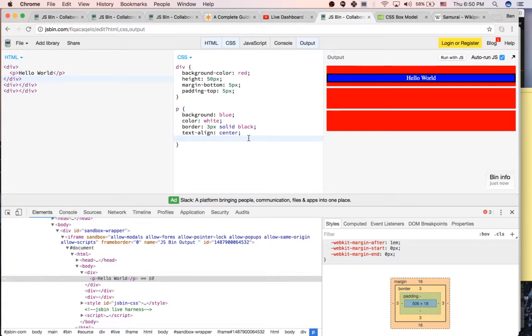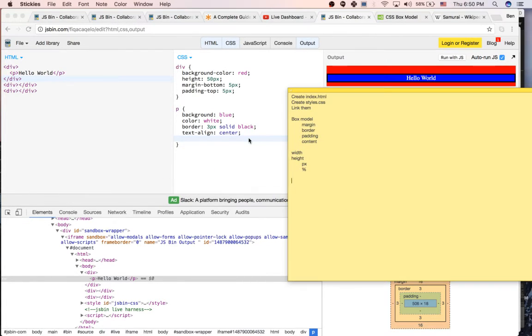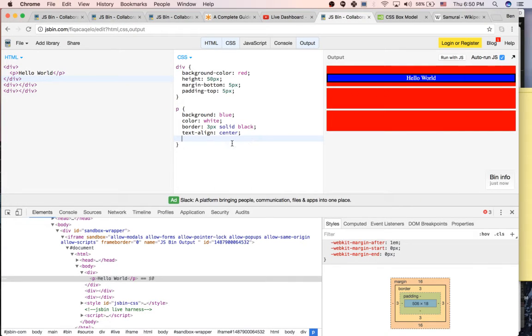Okay, so we've got the box model. Width, height, pixel, percentage. Okay, so now let's look at